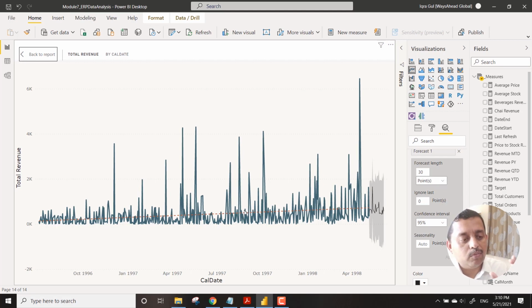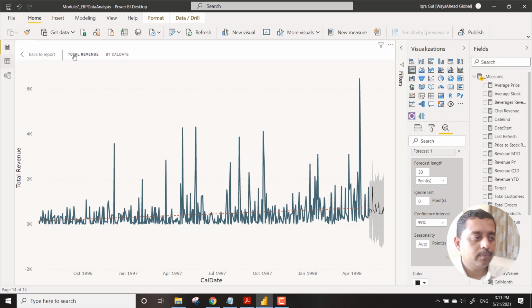We have started from July 1996, and July 1997, so we have only 2 consecutive years of months. That is not enough for any kind of analysis. We need at least 5 to 6 years of data to see the cycle and the pattern, and only then will forecasting give you better results. But this is just for an understanding that, based on past data, do we see any movement in the current data? That's it.